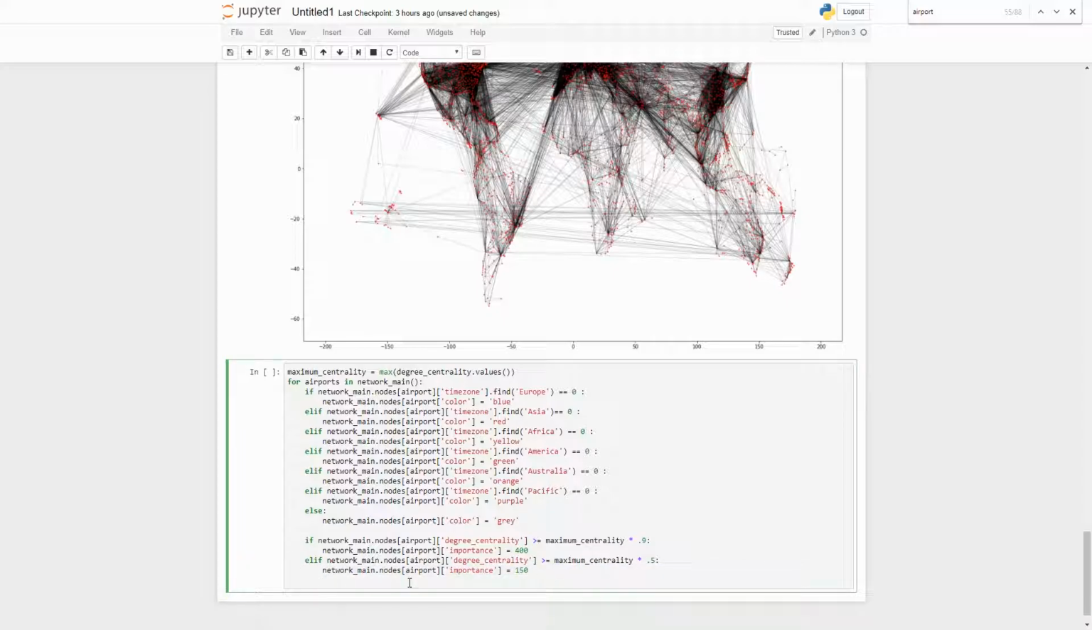Else we'll have just small nodes. Else, let's put it as, what's a good number, maybe 10. Yeah, why not 10? So now that we're done